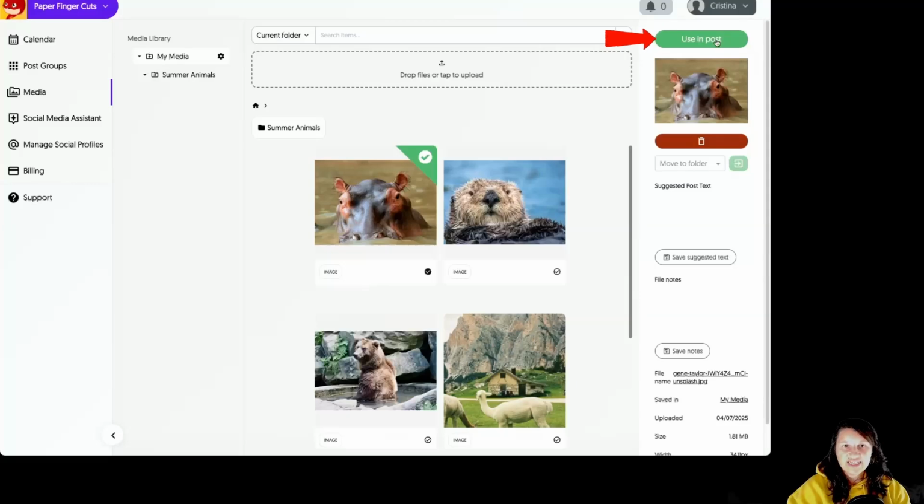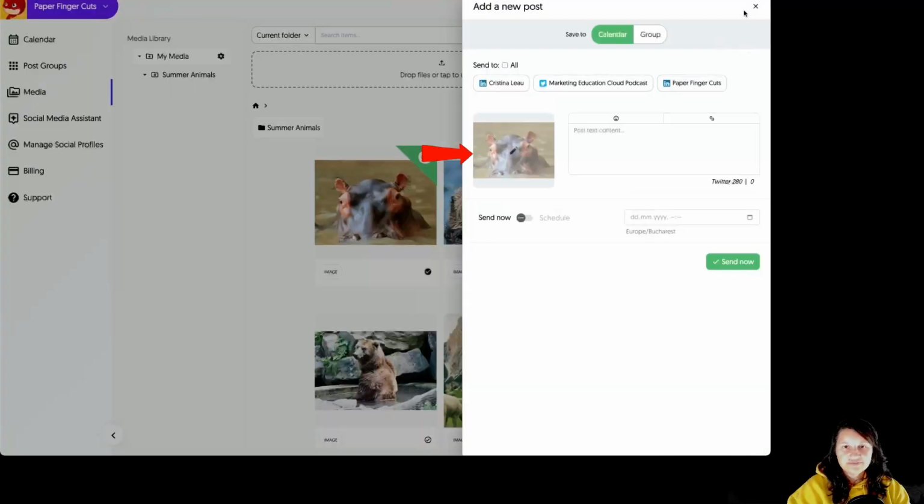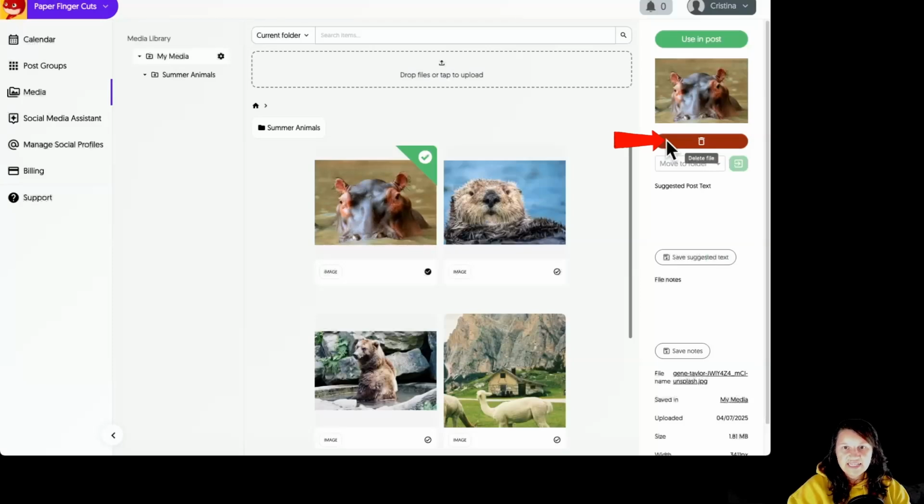We can click over here to use in post. This will instantly add the image to a new social media post, as we can see over here. We can delete the image if we want to. This will remove the image from the media library. We can move it to a different folder from over here by selecting the folder and then click on Move